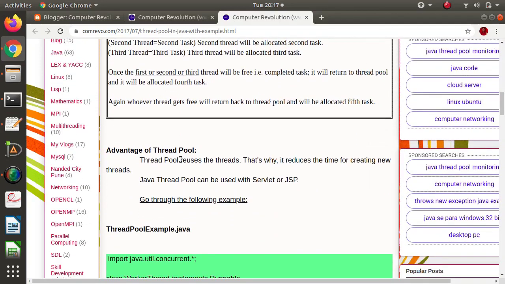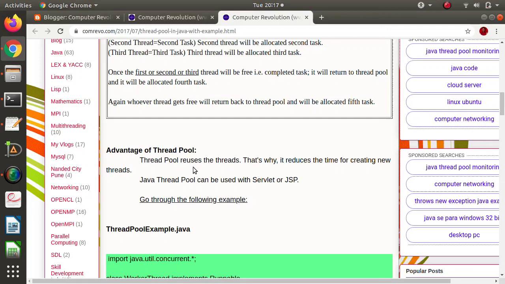So what is the use of a thread pool then? A thread pool is used to reuse threads. And why are we reusing the threads? Whenever we are creating multiple threads, time gets wasted in creating new threads, then allocating resources to that particular thread. So instead of wasting time creating new threads, we are reusing the threads.